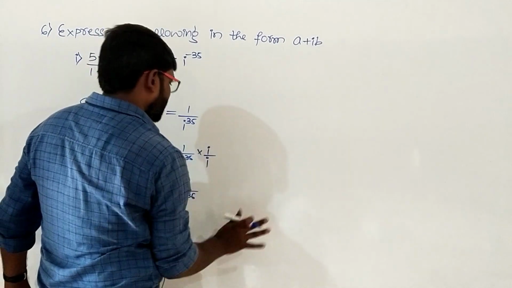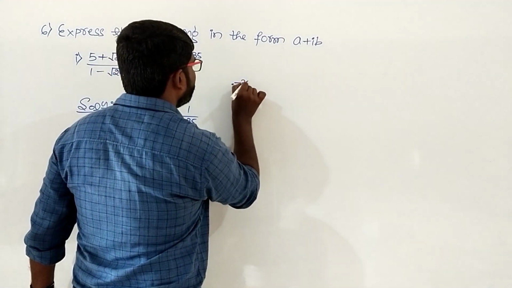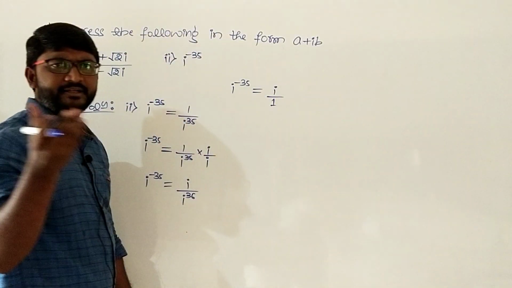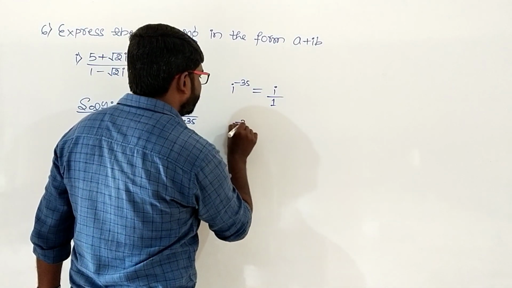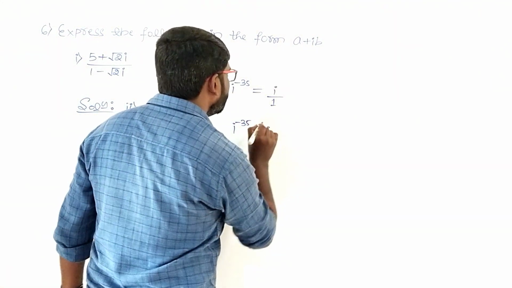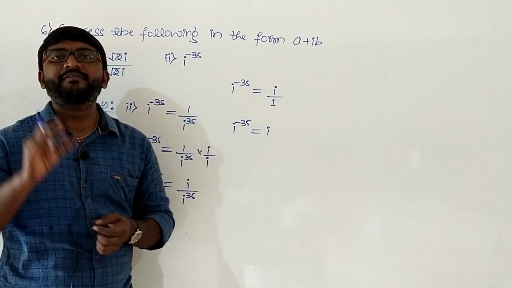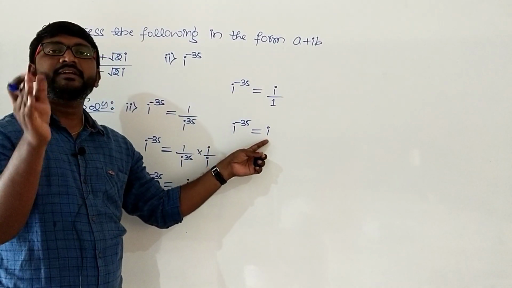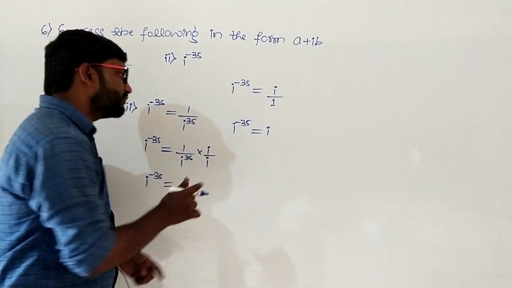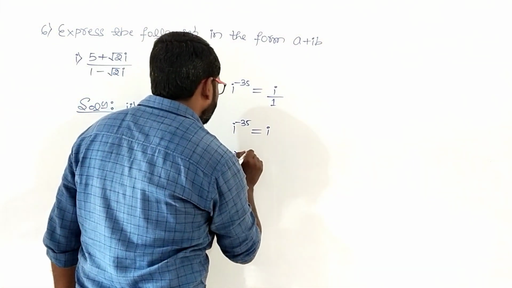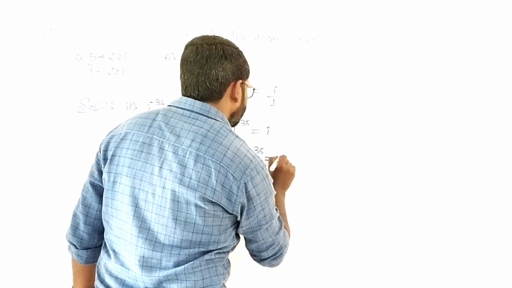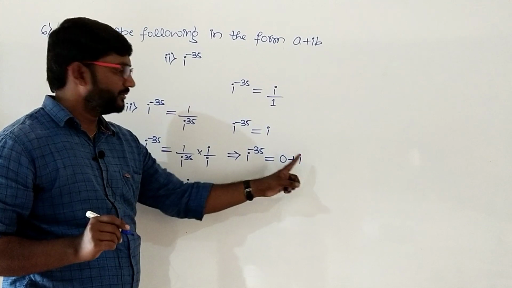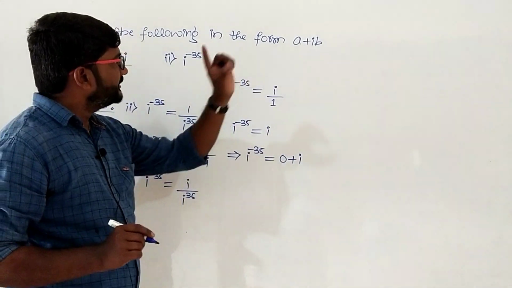So here I raised to minus 35 is equal to I divided by 1. I by 1 is what? It is I. So I to the power minus 35 is equal to I. But we have to write this in the form of a plus ib. It does not end here, we have to write it in the form a plus ib. Here there is only the imaginary part, so the real part is missing, and we write it as 0. So this implies I to the power minus 35 is equal to 0 plus I into 1. Even if nothing is there, it is in the form a plus ib. So with this we have completed